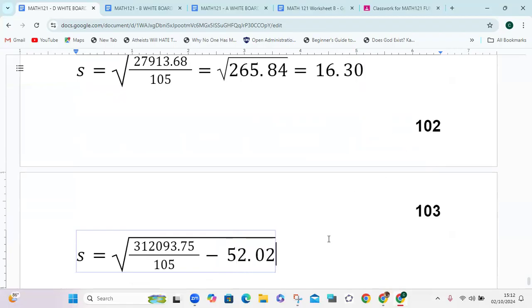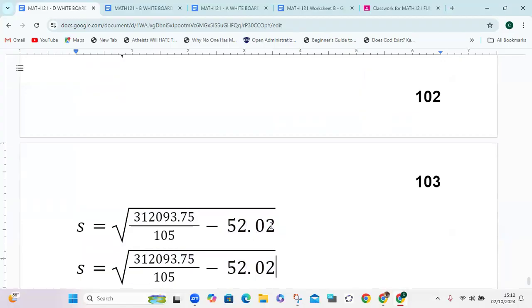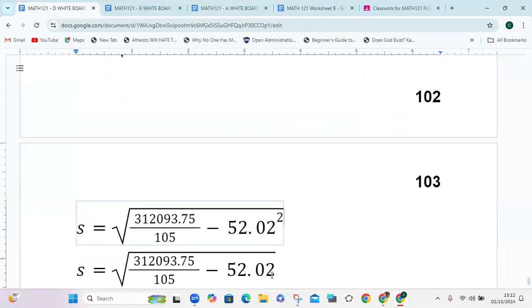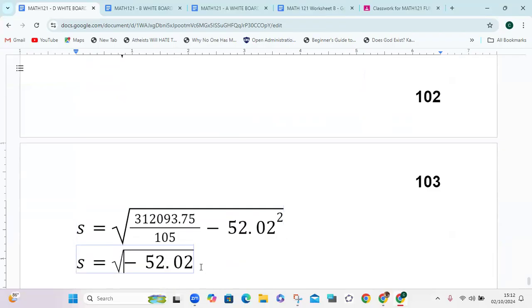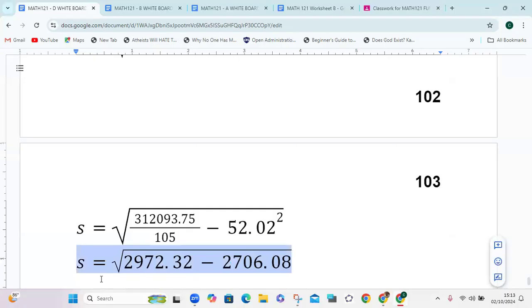So what we need to do now is to divide 312,000 plus by 105, which gives 2,972.32, and we have to square the mean, 52.02, which gives 2,706.08. When we subtract these two values, we're going to get the variance,